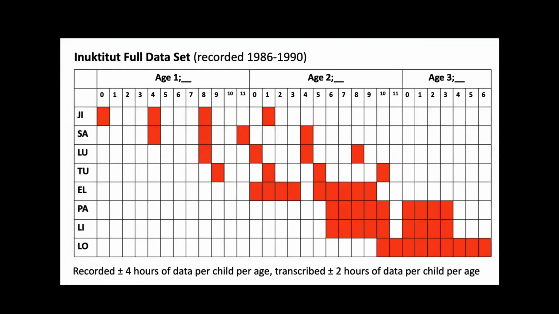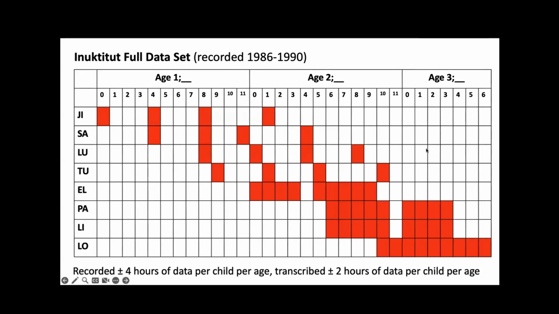The Inuktitut data, like several of the previous corpora, came from data that was already collected. All of this data was recorded over the period 1986 to 1990 for 2 separate dissertations. There were recordings for 4 children, 2 boys and 2 girls, once every 4 months for a year, the first 4 in the chart here. And then for 4 other children, again 2 boys and 2 girls, every month for 9 months. That was the data we had available.